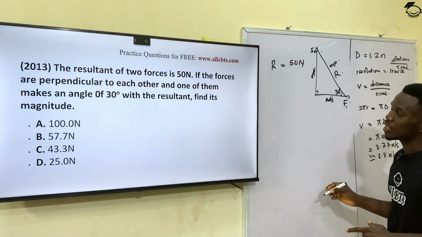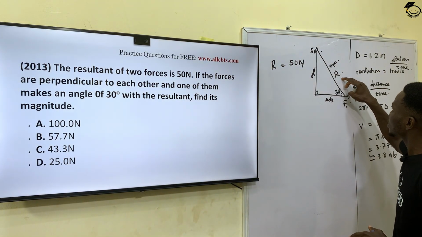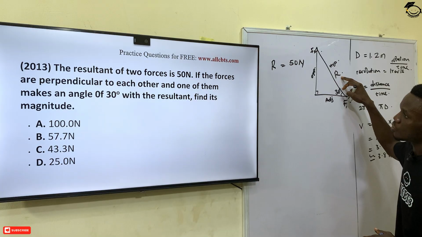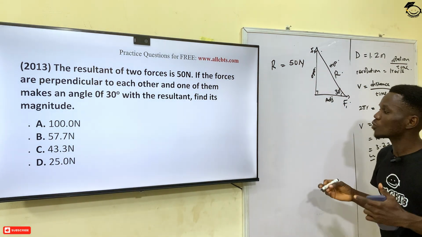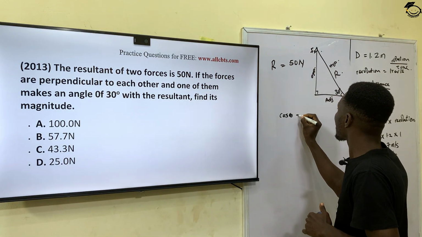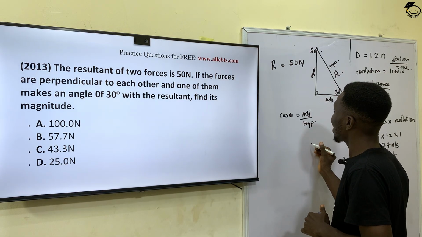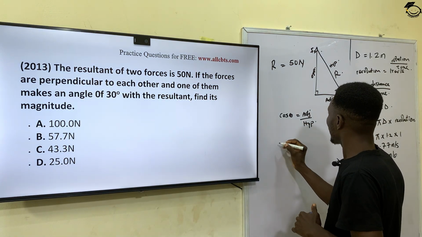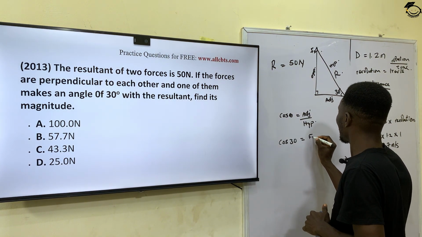So looking at this, it means I have what? Adjacent, because I'm looking for F1, and then I have what? My resultant, which is what? The hypotenuse. So when I have adjacent and hypotenuse, it means I'm looking at what? Cosine of angles. So which means that what I have here will become cos theta is equal to adjacent over hypotenuse. So if I apply this principle here, this means that I have cos 30 will become adjacent, F1,